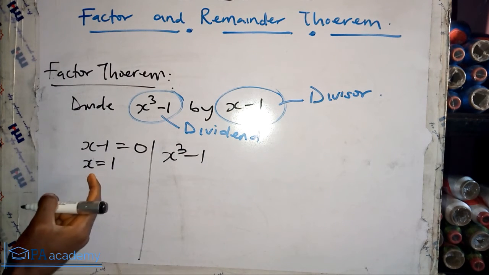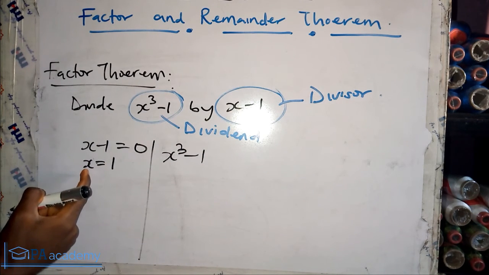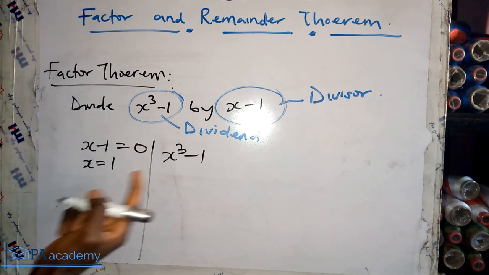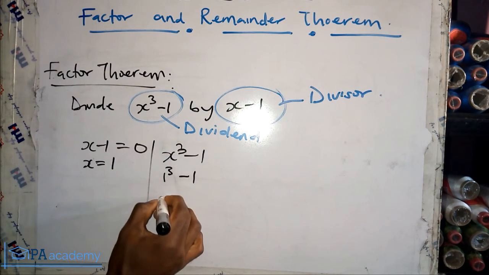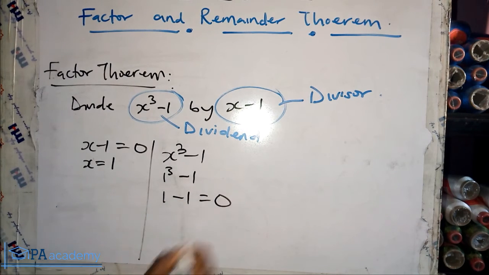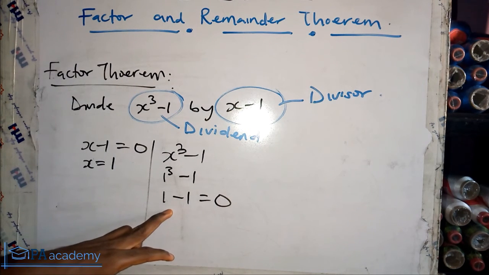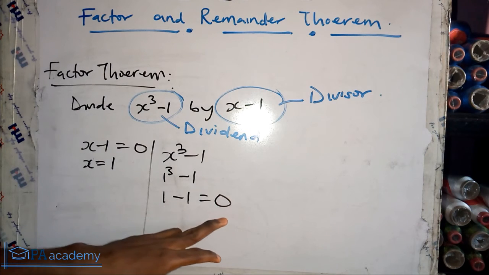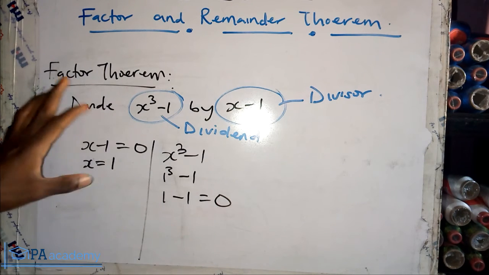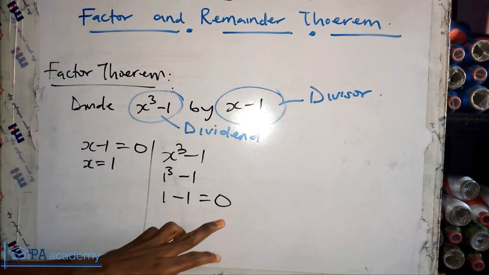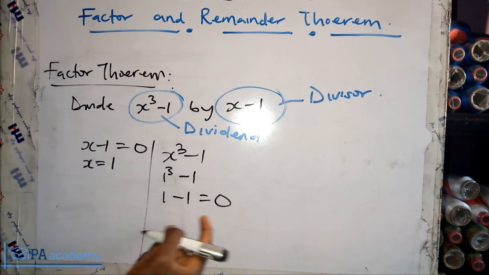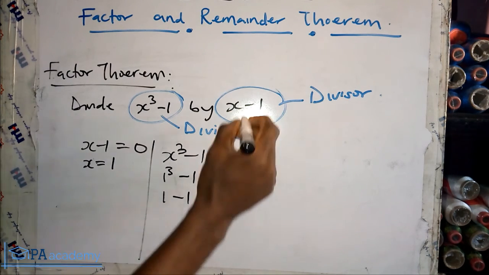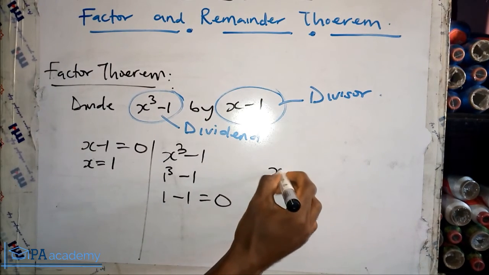So by the time we put the value of x, which is 1, into here, we are going to have 1 raised to power 3 minus 1. So that will give us 1 minus 1, which is equals to what? 0. So now you can see that 1 minus 1 is giving us 0. In this example, you can see that it is not giving us any value. 0 is our remainder. So with that, if 0 is the remainder, that makes this divisor x minus 1